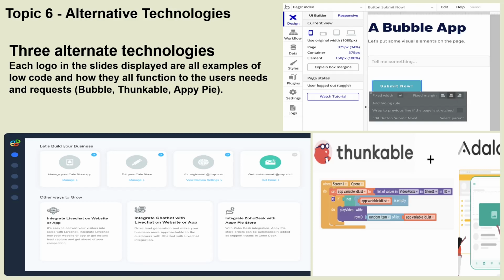AppyPie was considered for our app because it's a no-code application that is accessible by anyone. It is an application development platform that enables users to build mobile applications compatible with operating systems such as Android, iOS, and Windows Mobile OS. The benefits of AppyPie are that it offers app and web development, help desk support, chatbot building, design features, and integrations that are helpful when starting and growing a business.